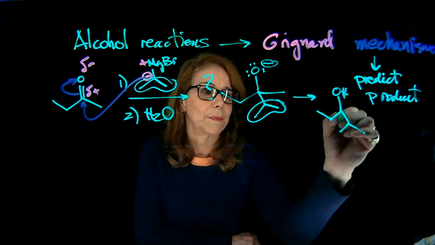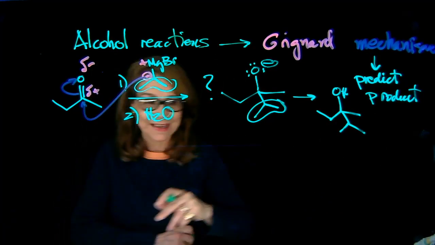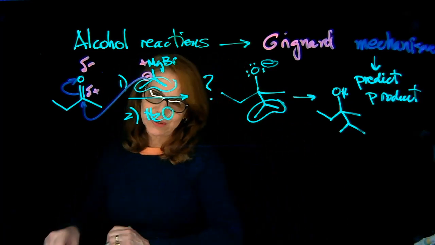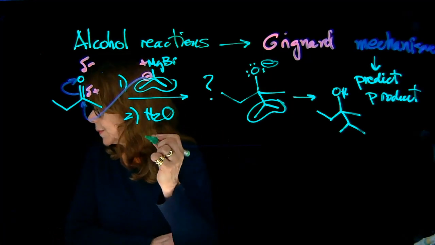So you will have that alcohol. You started with a ketone, you end up with a tertiary alcohol. So let's do another example of that. Let's say that I have